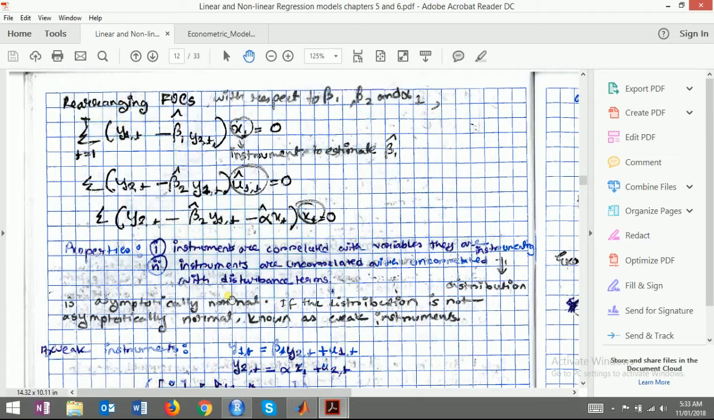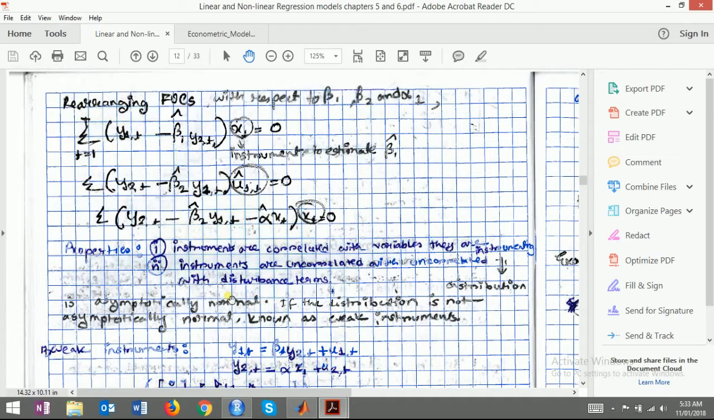Rearranging the first order conditions with respect to beta 2 and alpha 1. So we take the first order condition in this equation and rearranging, we have the summation of y1t minus beta 1 hat y2t, multiplied to the exogenous variable, the instrumental variable xt, equals 0,